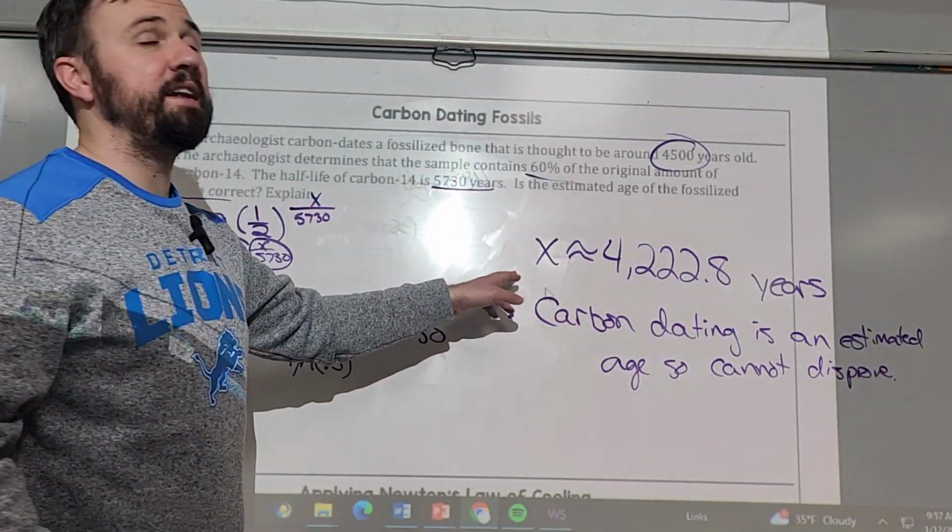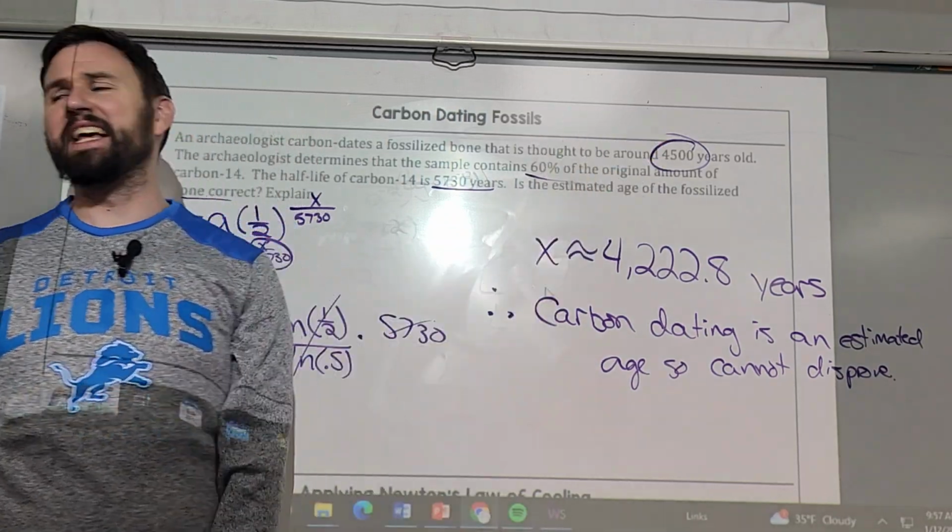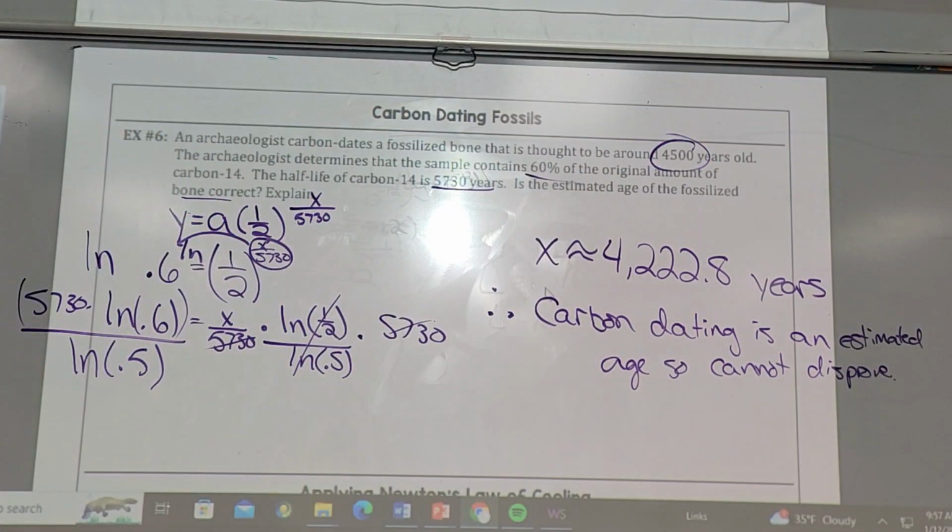Now, if I did this and got like 10,000, would you say that disproves that? Yeah, because that's really far away, right? That's relatively close, so we can't really confirm or deny. We say that's probably pretty close. But if we get a really wild number, they are not right. With carbon dating, the more you learn about physics and chemistry, the more you realize it is a really good estimate. You know what they use now for really old stuff is actually uranium dating, because that can go back millions. Its half-life is like